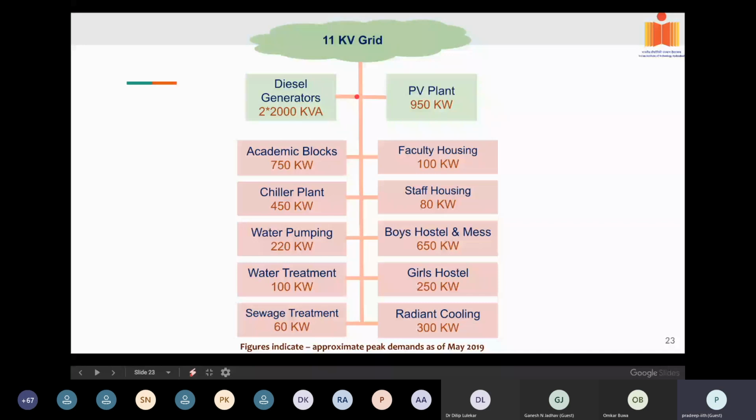Coming down, there is faculty housing, staff housing, hostels, radiant cooling, then water treatment, sewage treatment, pumping, chiller plant, and academic blocks. So these are some of the 11 kV electrical substations which are spread across the campus. And the values that you are seeing are the peak demand values. Now, if I go down,